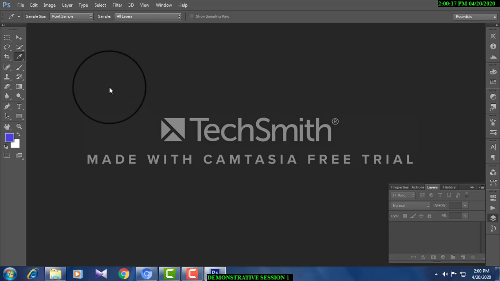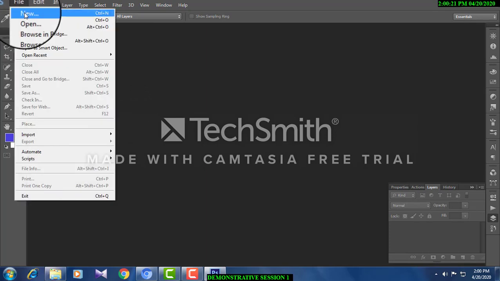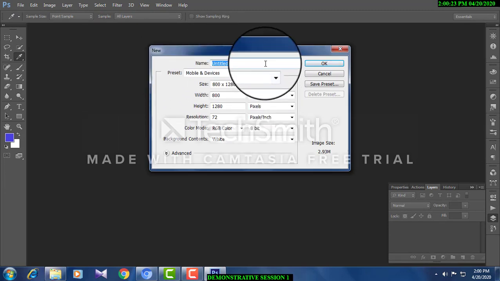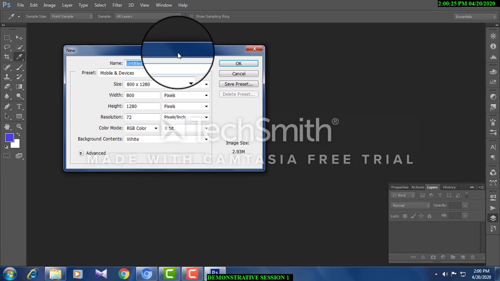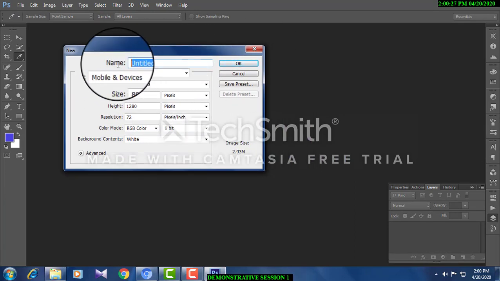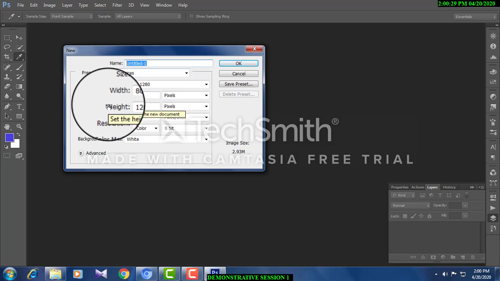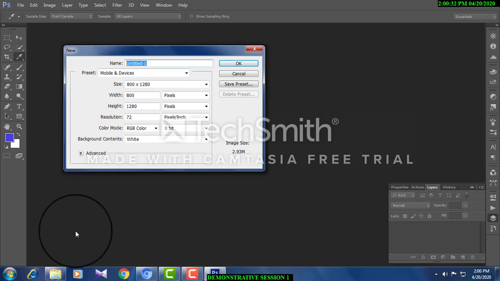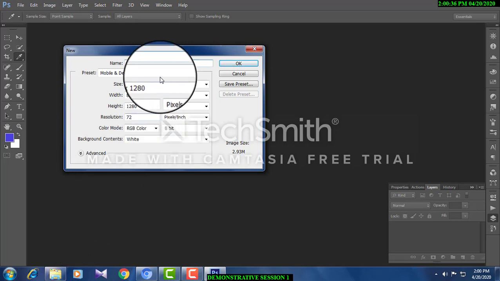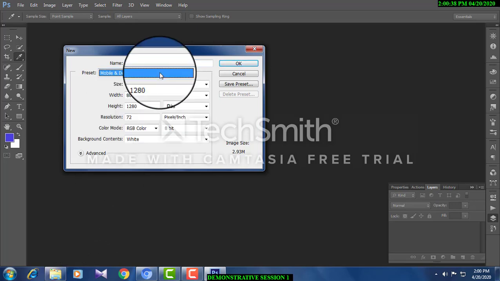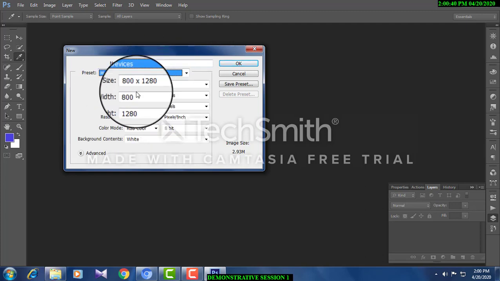Now we shall see the basics of Photoshop. Now I am clicking New and a new dialog box appears. We will have to be very cautious. First, before beginning, you will have to fix up the size of the working file. And now I am naming it First File. Just select the size. We have got a number of sizes available.